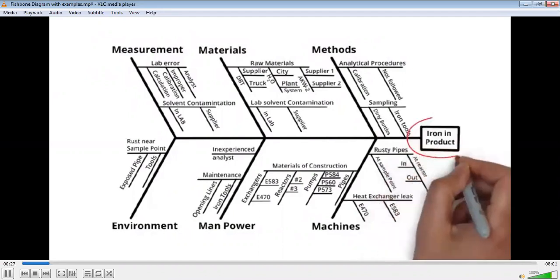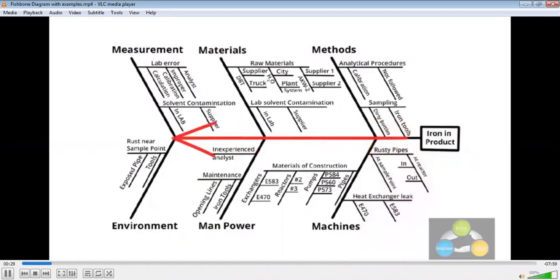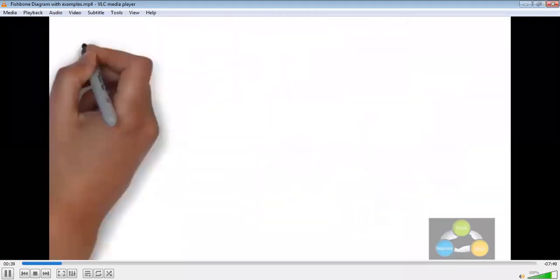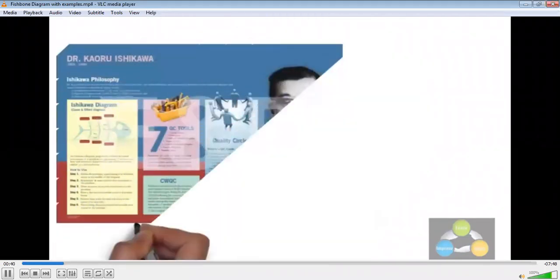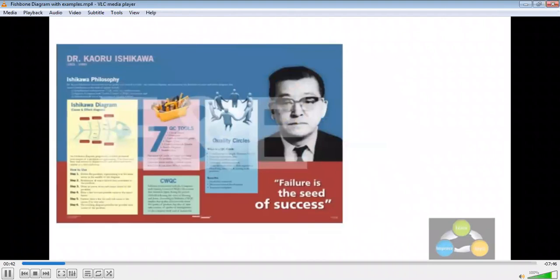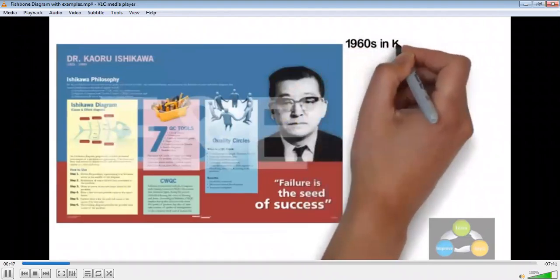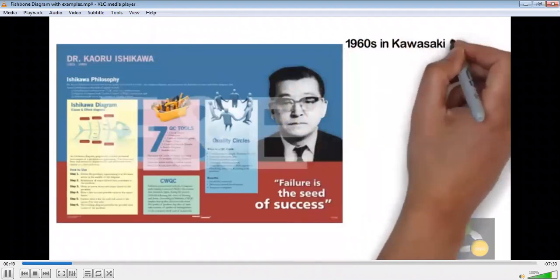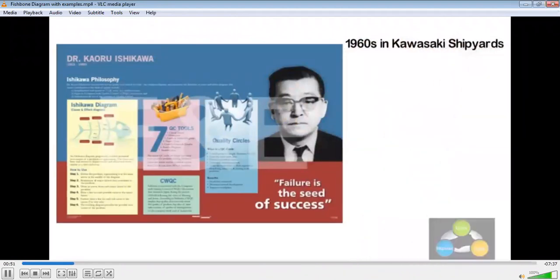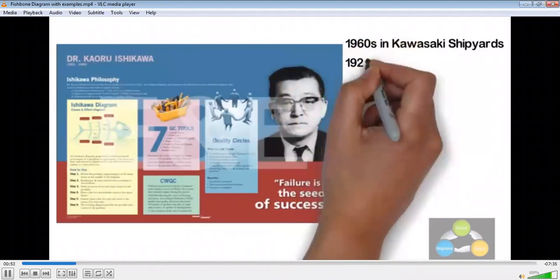Facing to the right, with the causes extending to the left as fish bones. The ribs branch off the backbone for major causes with sub branches for root causes and to the many levels as required. Ishikawa diagrams were popularized in the 1960s by Kaoru Ishikawa. who pioneered quality management processes in the Kawasaki shipyards, and in the process become one of the founding fathers of modern management.